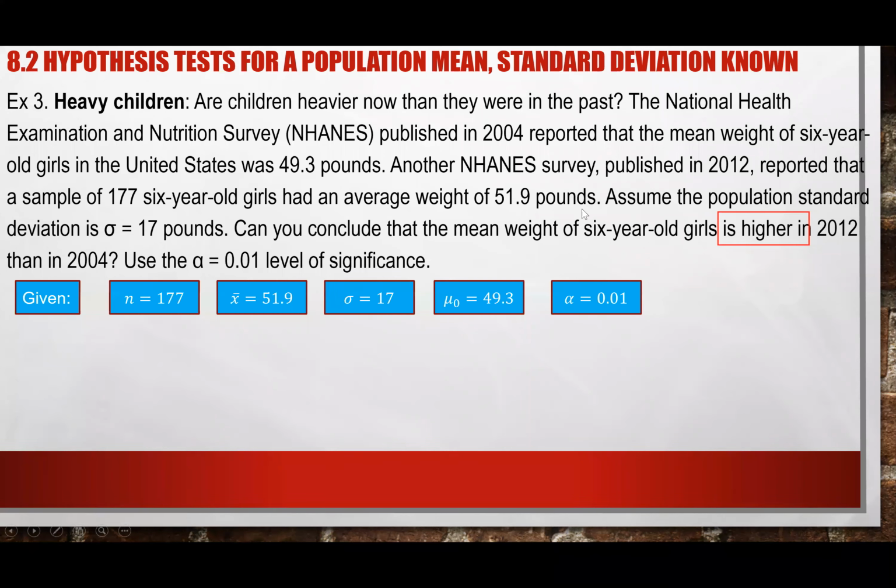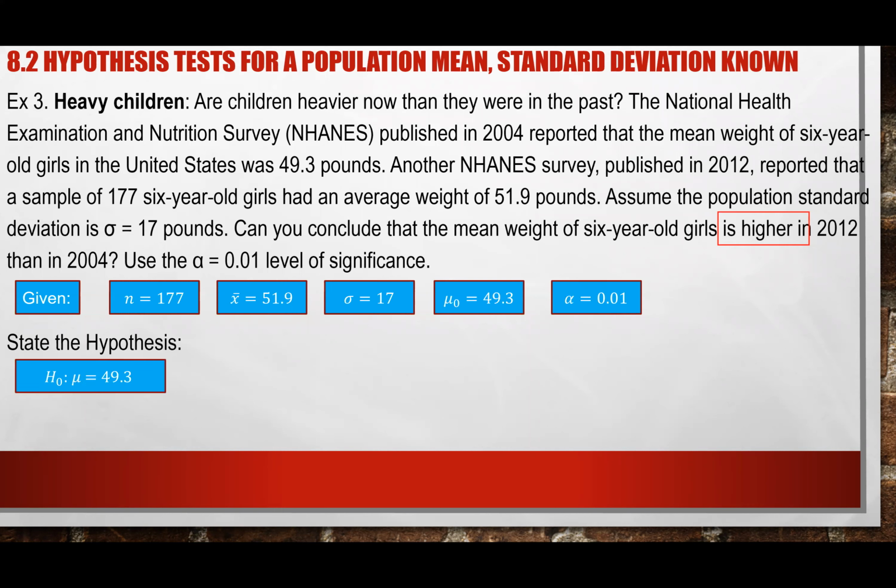So everybody agrees that this is the information they give us, the 5 items we needed. And if we have these 4 items, we don't need the alpha, right? The alpha is for us to make a decision, but we don't need the alpha to calculate. Because if you remember, before you use your calculator, what I want you to do is identify your hypotheses. You need to identify your H sub 0 and H sub 1